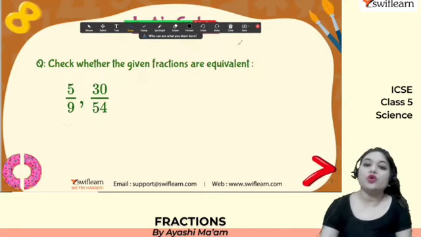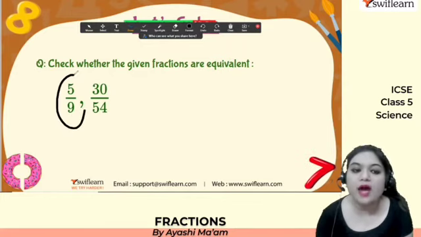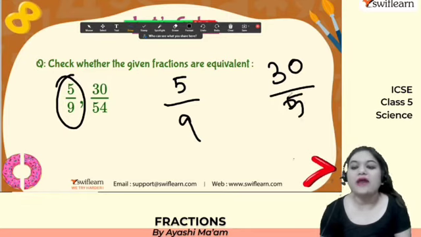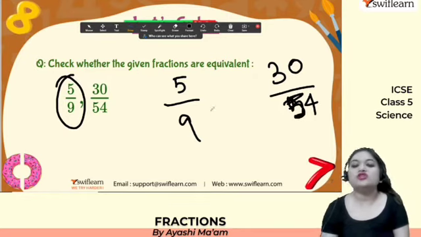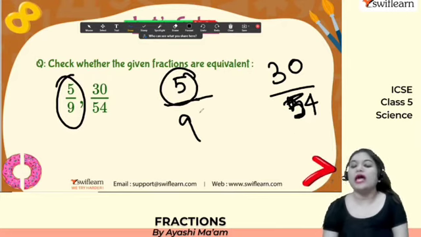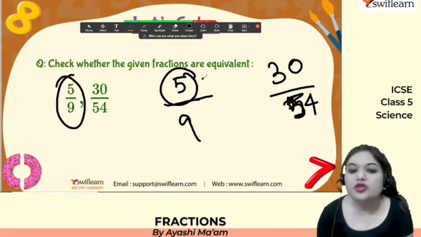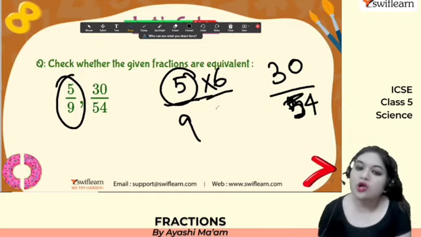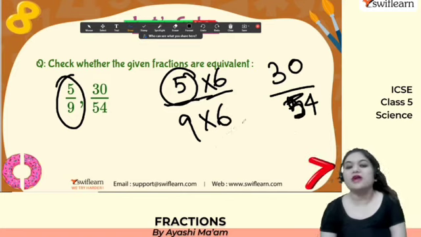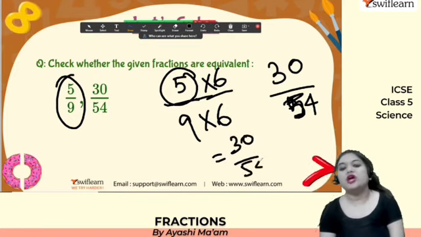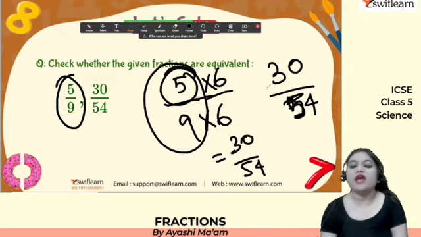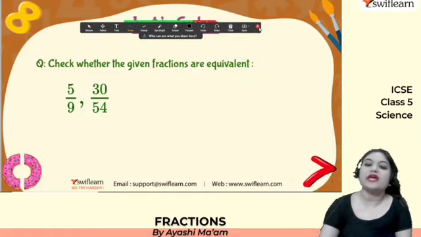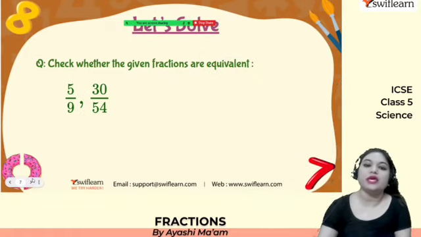If you want, you can go the other way around also. So if you think that, ma'am, I will proceed with 5 by 9 at first, what will you do? So we have 5 by 9 and 30 by 54, right? Just imagine what is that number with the help of which we can turn 5 into 30 by multiplying by 6. And because we are multiplying the numerator by 6, you also need to multiply the denominator by 6. Therefore, you are easily getting 30 by 54. So definitely you can turn the fraction 5 by 9 into 30 by 54 by simply multiplying by 6, right? Therefore, we can say that these two fractions are going to be equivalent.